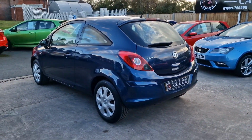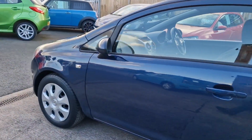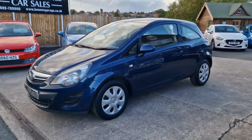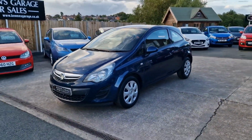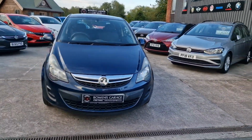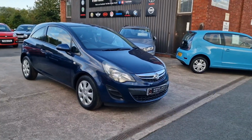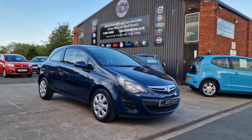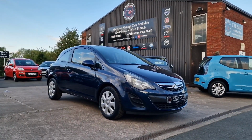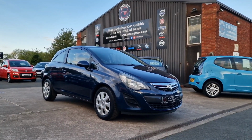December 2013 Vauxhall Corsa Automatic, 1.4 petrol, Design model with air conditioning, 17,000 miles from 1 owner, and 9 Vauxhall Main Dealer service stamps. Finance is available from less than £140 a month, so very sensible if you are looking to do it on finance. And the car will come supplied with a fresh MOT, 2 keys, along with our standard 6-month nationwide covered in-house supplied warranty, and we do work on an appointment only basis, so if you would like to come and view,